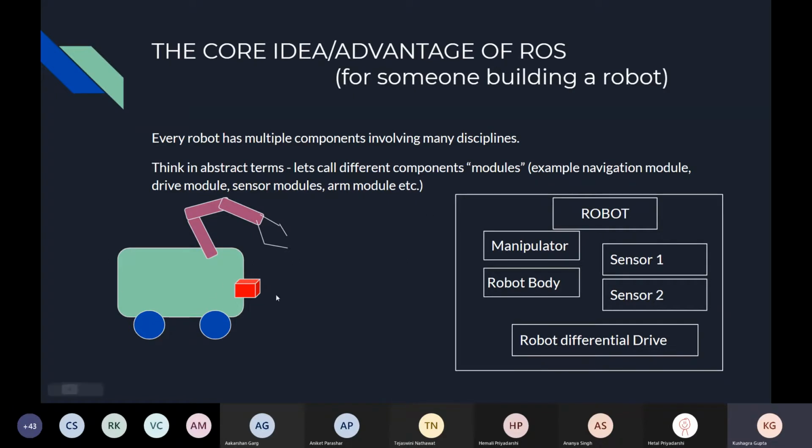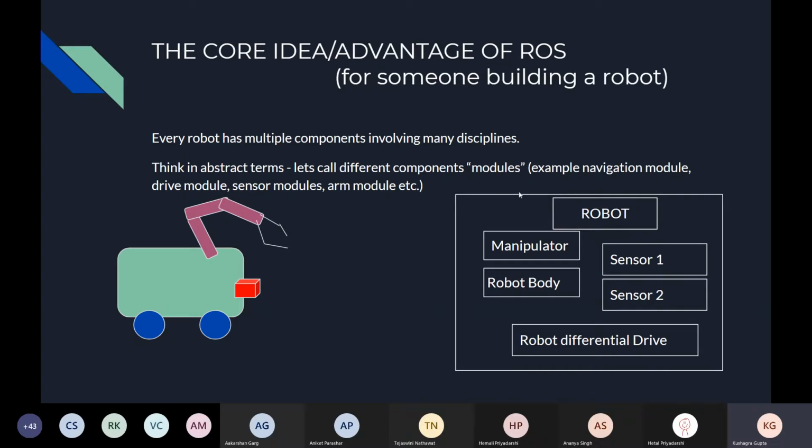It has a body. It has some sort of cube-like thing I used to denote some sensors, and any mobile robot will have some sort of drive. Yeah, it's called a differential drive, and all of these modules function independently and also coordinate with each other to function as a robot as a whole, right?